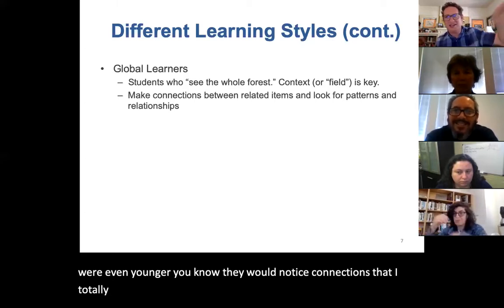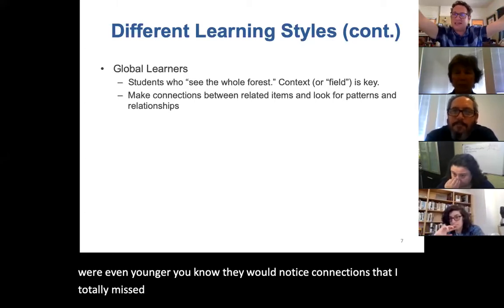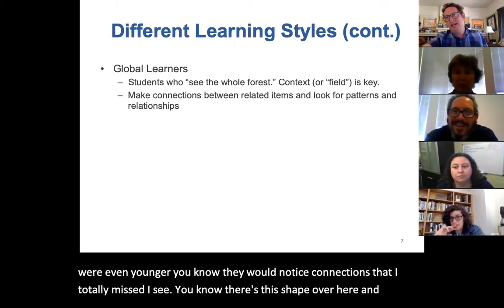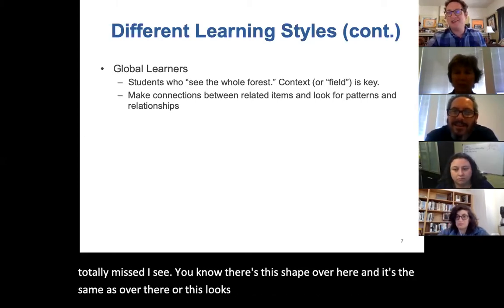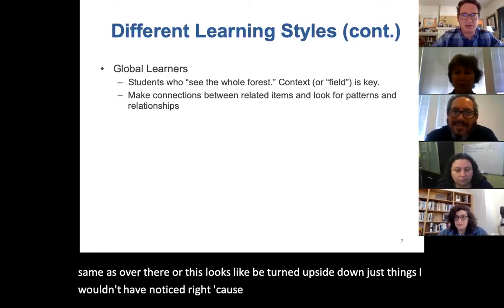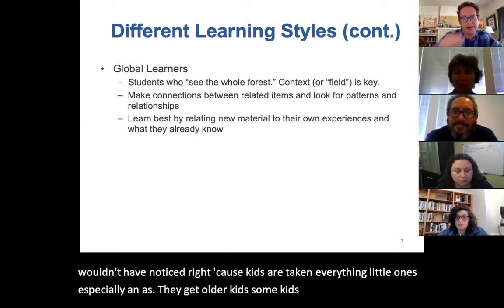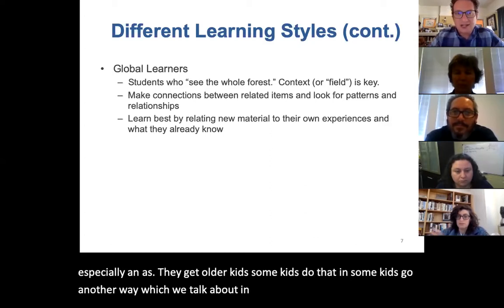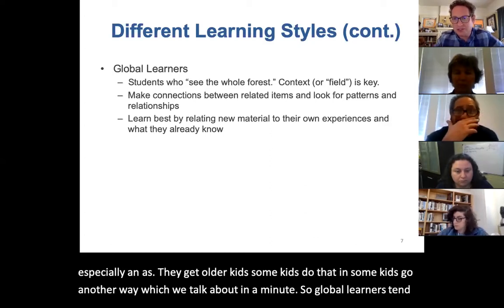Oh, I see, there's this shape over here and it's the same as over there, or this looks like a bee turned upside down, just things I wouldn't have noticed, right? Because kids are taking in everything, little ones especially. And as they get older, some kids do that and some kids go another way, which we'll talk about in a minute. So global learners tend to learn best by relating new material to their own experiences and to things